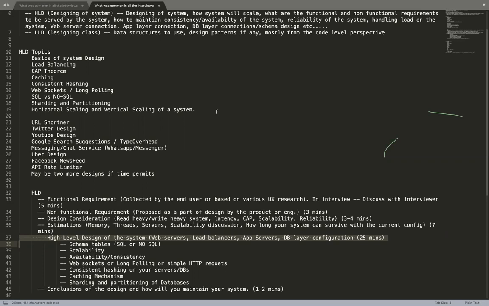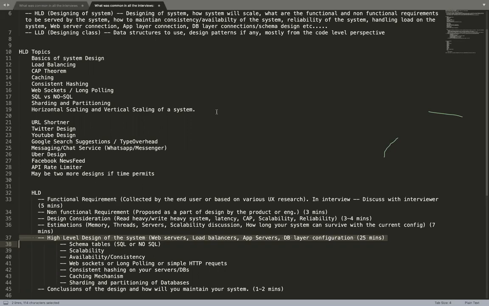But in HLD, we will talk about the application layer, what all APIs you need. That will be covered as part of HLD. We won't implement those APIs because that will be discussed as a part of LLD, but we'll know what APIs we need, what queries we need, or basically what tables you need. All those will be discussed as a part of HLD design.